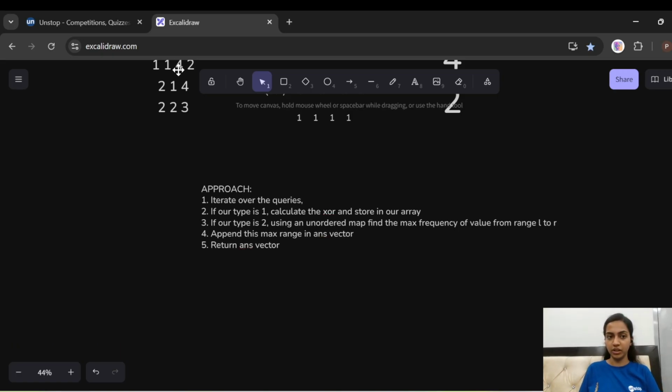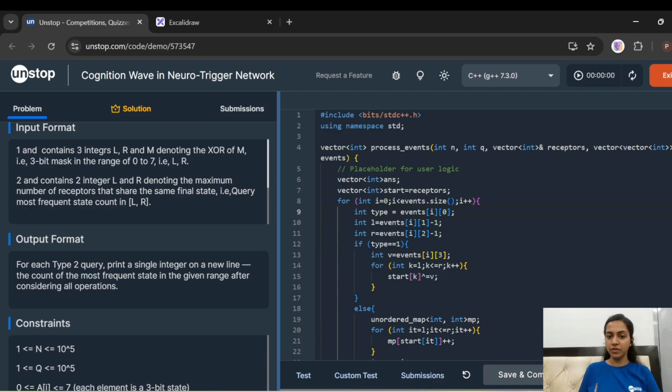Things are going to be more clear by seeing the code. Firstly, we have made our answer vector, and secondly, I've made a vector start that is exactly the same as queries, but it is not recommended to make changes to the input value, and for that I've made a new vector. Now I'm checking from 0 to events.size. Firstly, I have type, then I have the left range, then I have the right range.